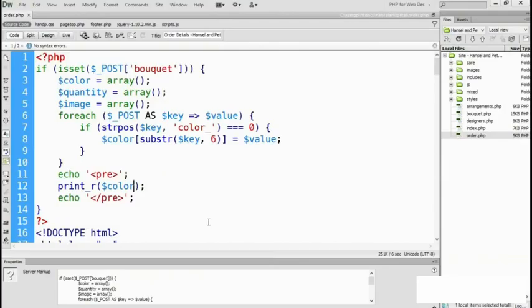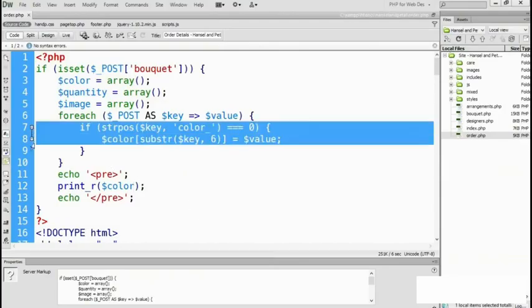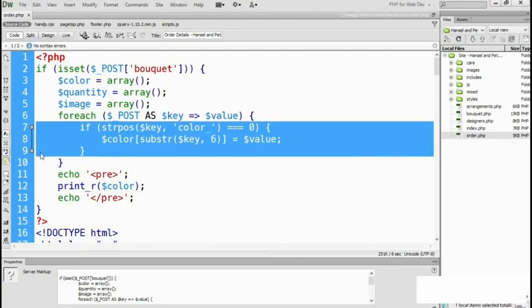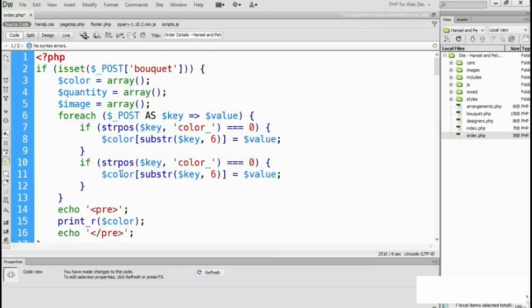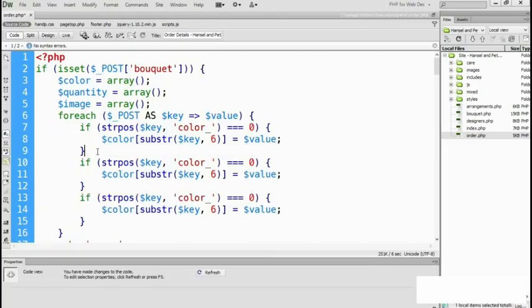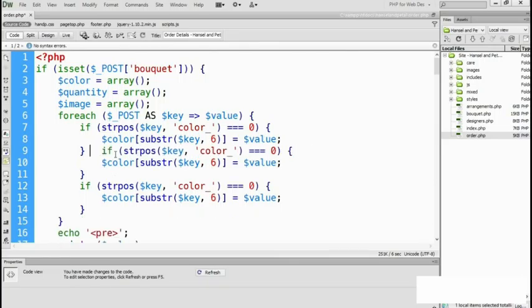Most of it is going to be exactly the same as before, so I'm going to copy those 3 lines, lines 7 through 9, and then I'm just going to paste them twice, and then I'm going to change that if into else if, and the next one that we're looking for is qty underscore, and we need to make that shorter. It's no longer 6. The substring that we need to begin with begins at 4, and instead of being color, this will be our quantity